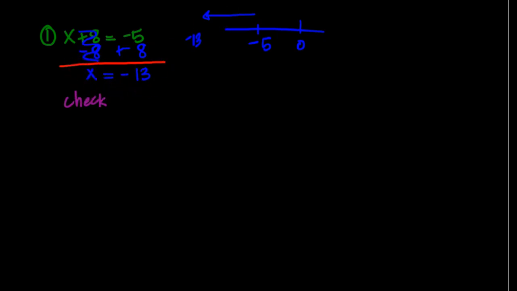So that last step, step number 3, we didn't have to do. All right, so check. I go back to my original equation and I plug in my answer for x. Where x is, I put negative 13. So I have negative 13 plus 8